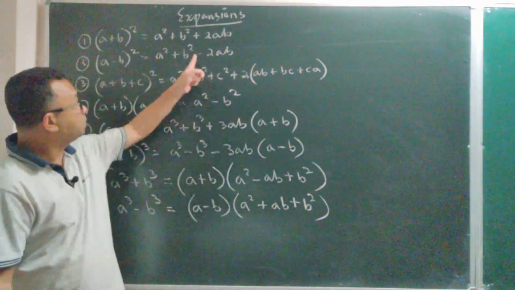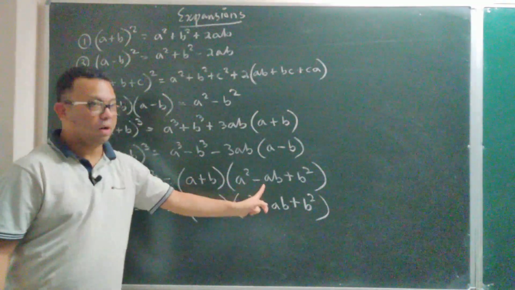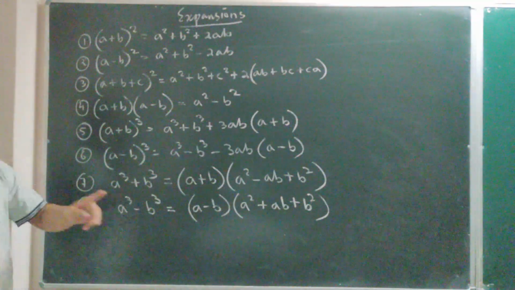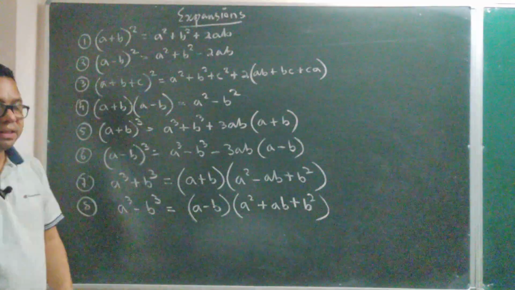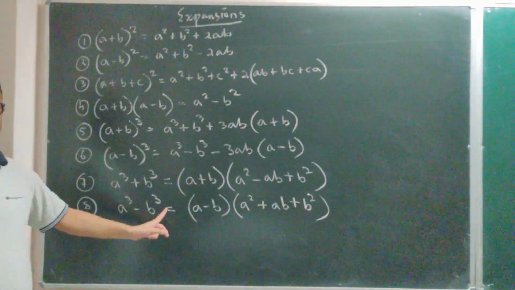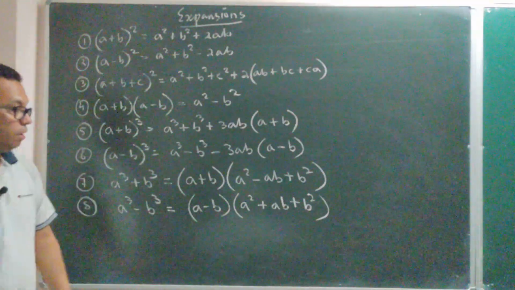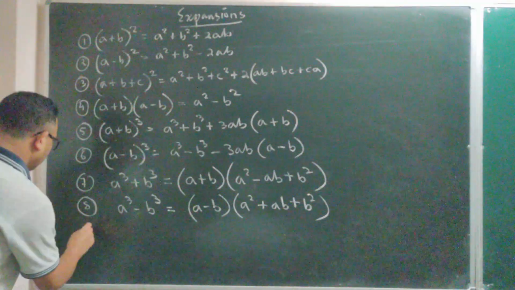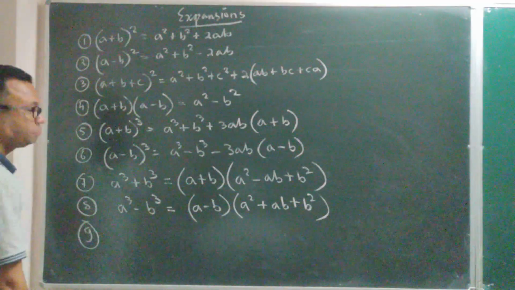And don't get confused with this formula. It has a 2ab. Here you don't have a 2ab, you have only ab. So a cube plus b cube is a plus b in one bracket, the other bracket a square minus ab plus b square, whereas a cube minus b cube is a minus b, a square plus ab plus b square. Okay, now the last formula, formula number 9 is